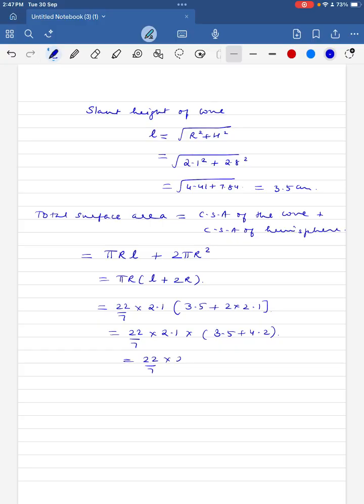So 22 by 7 into 2.1 times 7.7. Let me cut the 7 with this. So 22 times 2.1 times 1.1, which gives us the value of the area to be painted as